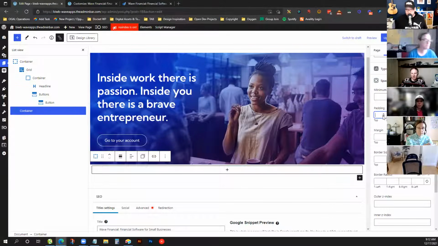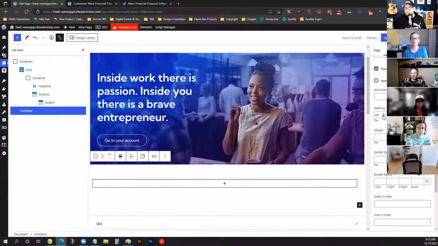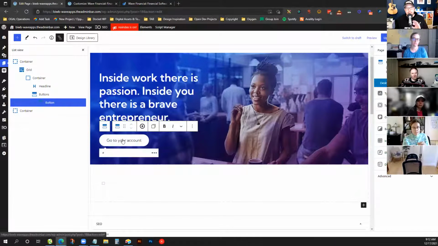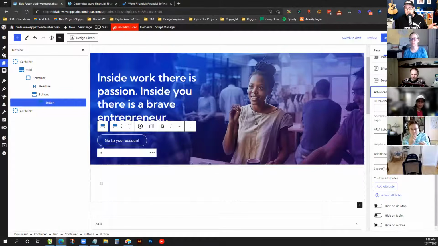Yeah, so you can, but it's not like Oxygen where everything's centered around building out the classes. It's not class first. So I could go in here, not style this button at all, and then go into the advanced and give it a CSS class, and then go write CSS for it. But it's kind of the backwards way to do it in a builder like this, whereas in Oxygen, that's the natural way: you give it a class, you style that class and then reuse it everywhere,